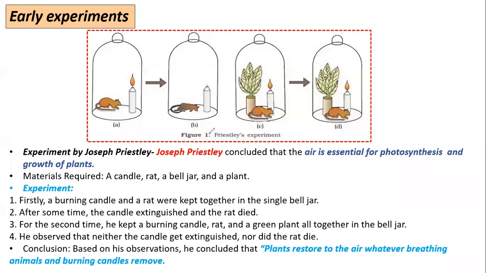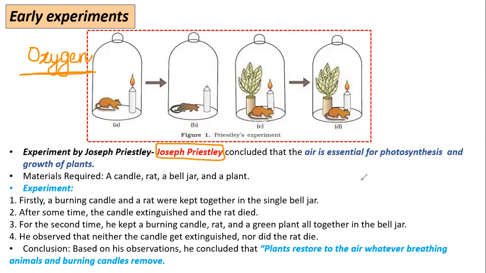This is a very common diagram and you know about this diagram. This is Priestley's experiment, the bell jar experiment by Joseph Priestley. So let's discuss what the experiment is and then let's come back to the lecture. This is an experiment conducted by Joseph Priestley. You know about Joseph Priestley. He was the person who discovered oxygen. So from there itself, he might have done something related to oxygen.